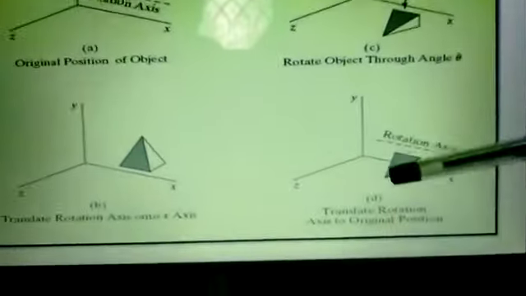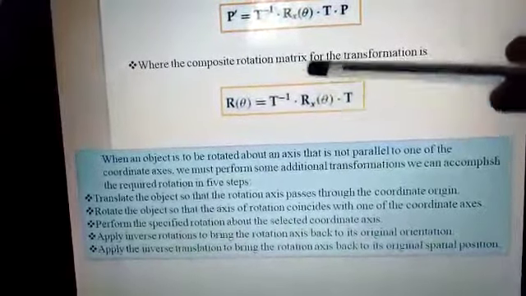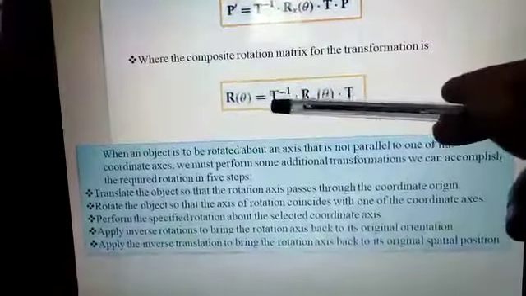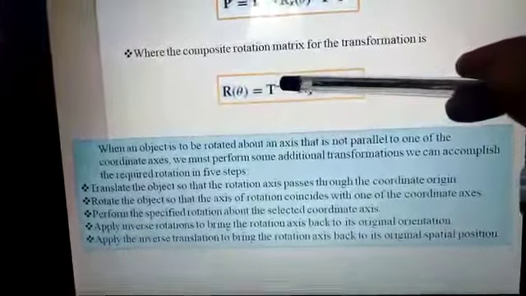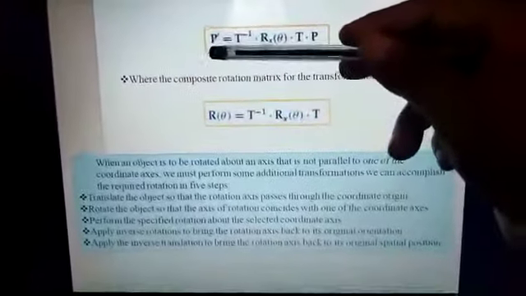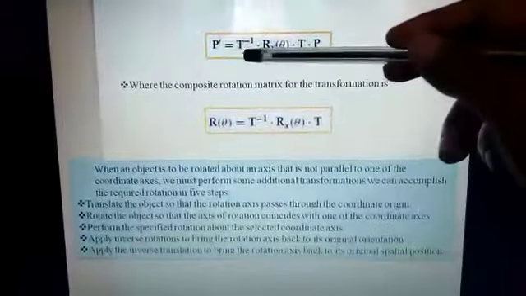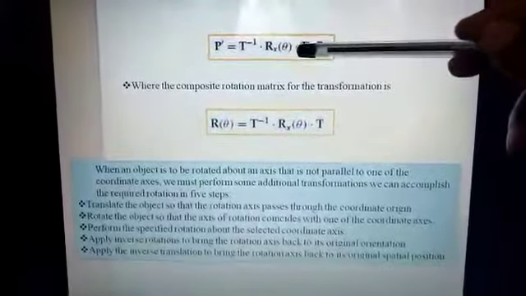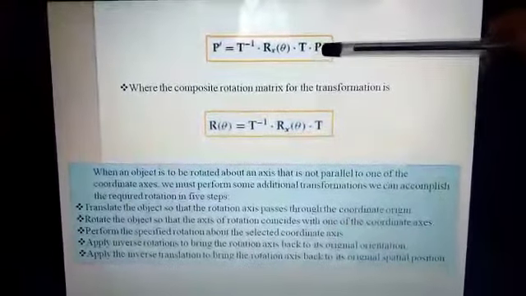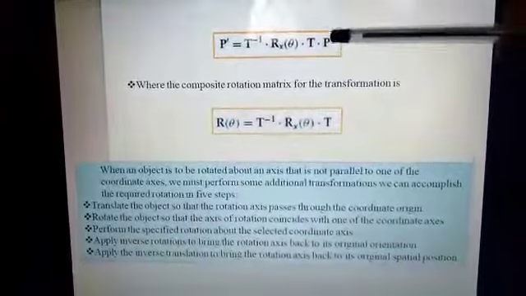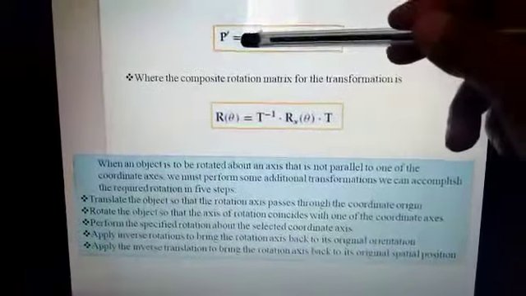So how can we come to the conclusion of a composite matrix? The final operation is rotation with respect to a certain theta, where we first perform the translation with respect to a certain axis, then rotate the object by a certain angle, then translate back along the same axis. So that is how we can conclude the new point P dash is equal to T inverse dot Rx of theta dot T dot P, where P is the original position on which we are performing translation, rotation and inverse translation.